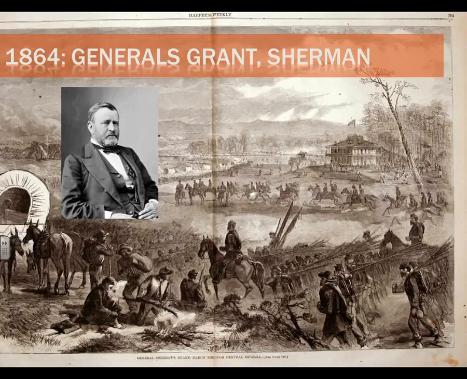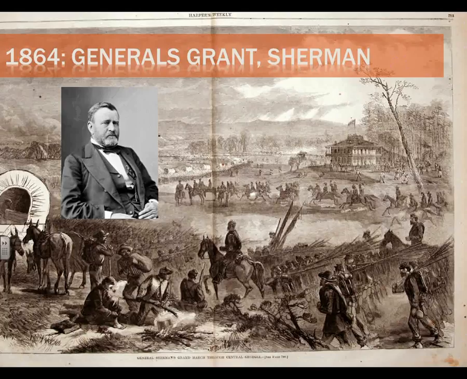And then Grant, unlike many of the other generals, the Union generals, is not that worried about his political reputation. He feels like his honor is to win victory. And he is willing to accept, I'm not sure this is a good thing or a bad thing, but he is willing to accept pretty staggering losses in order to achieve victory.